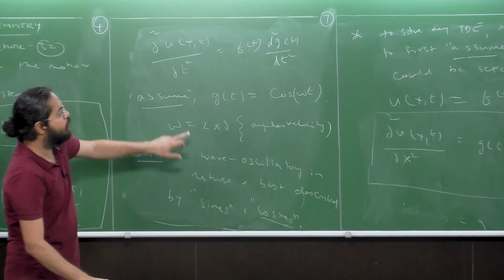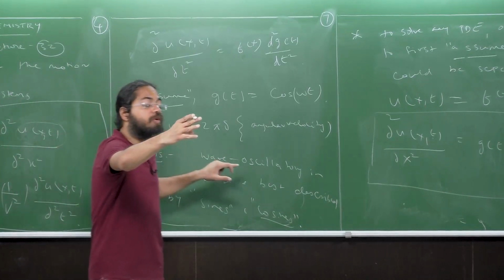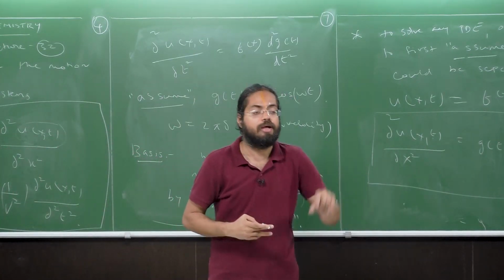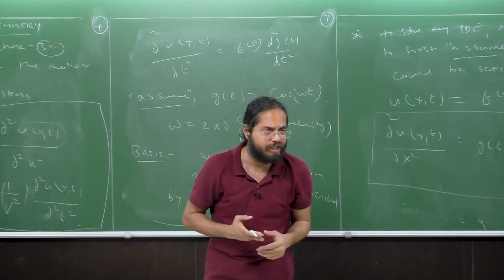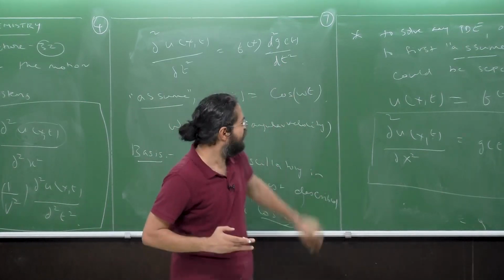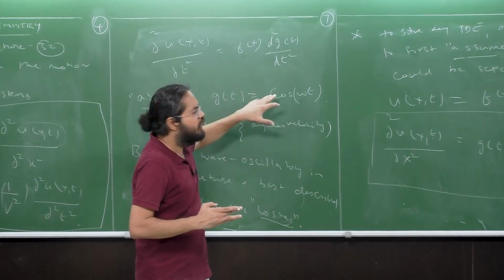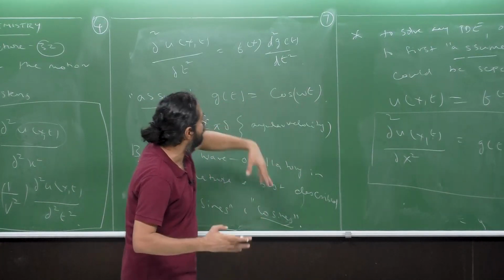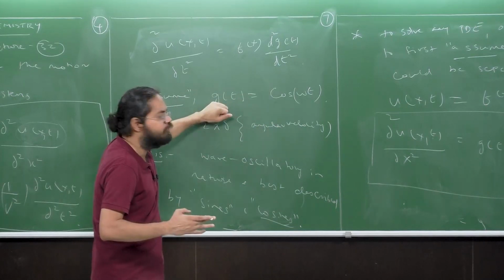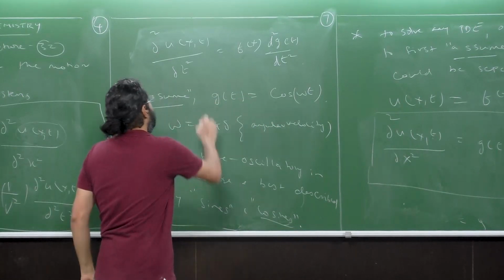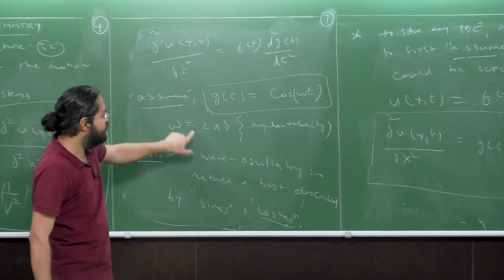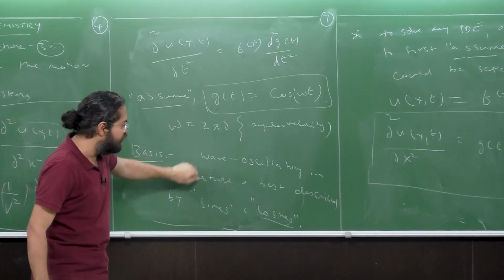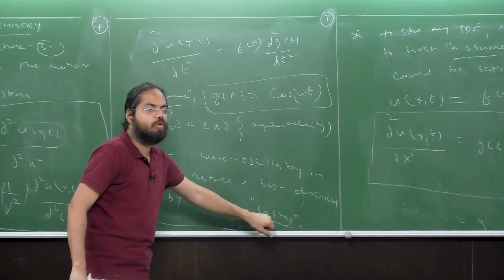Well, recall what the equation of a wave is that you have studied in school. It is y = A sin ωt or A cos ωt, where A is the amplitude. We can of course include some constant factors as well, but all of them will eventually get cancelled. So I can get away by using this particular assumption. So I'm going to make this assumption that my g(t) is cos ωt. The logic is that this wave is oscillatory in nature and it is best described by sines and cosines.